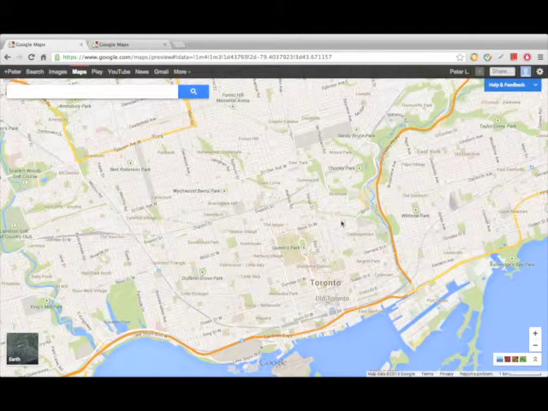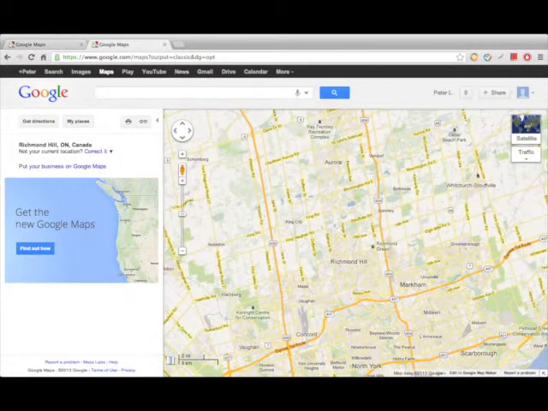And lastly, I have to tell you guys how to get the new Google Maps. So if you go to maps.google.com, you will see the classic Maps window right here. On the left, there will be a section called Get New Google Maps. And one thing I have to mention though is that the new Google Maps right now is not accessible by everyone, which means you have to request an invite. So if you click on find out how,